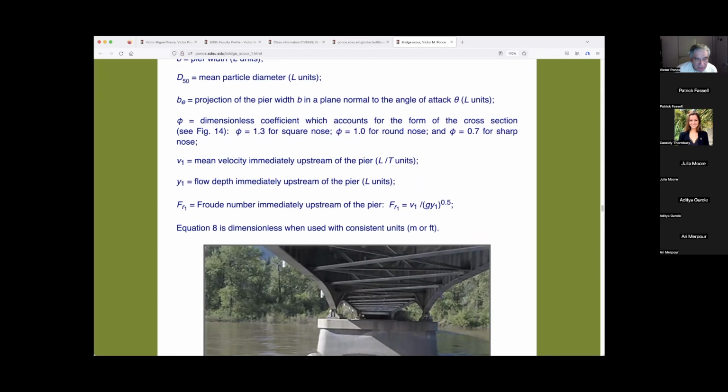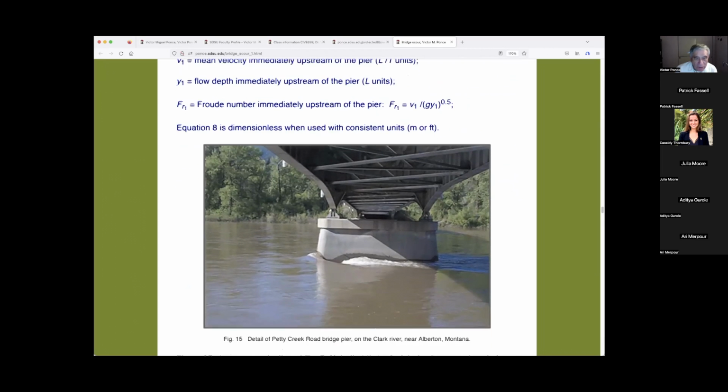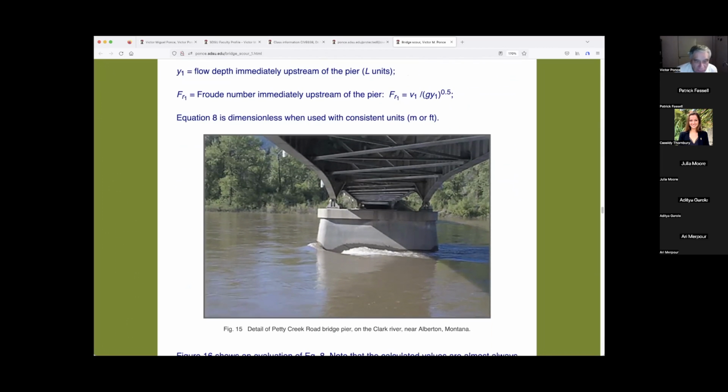Then velocity v sub 1, y1 flow depth immediately upstream of the pier, and Froude number 1, Froude number immediately upstream of the pier. And we have an equation in here. I pulled out an equation from the web, detail of Petty Creek Road Bridge Pier on the Clark River near